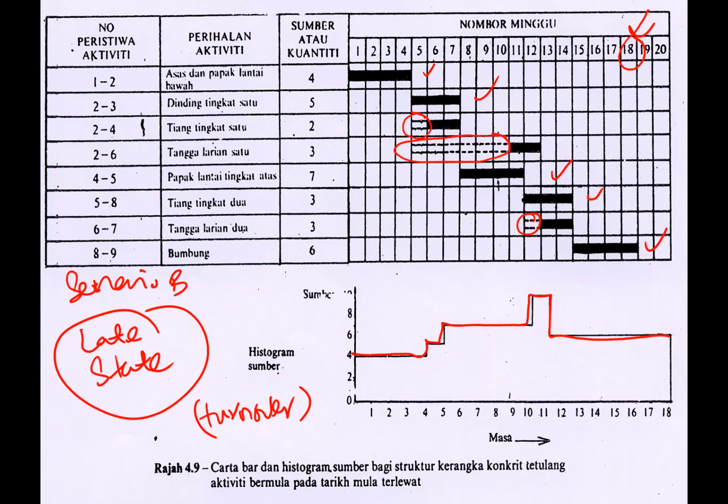But you notice something. How do you generate this resource graph? You generate this resource graph based on your planning. This is your planning. You are the one that came up with this planning. If you are the one that came up with the planning, you are the one that can fix this planning. So meaning to say, in real planning scheduling,